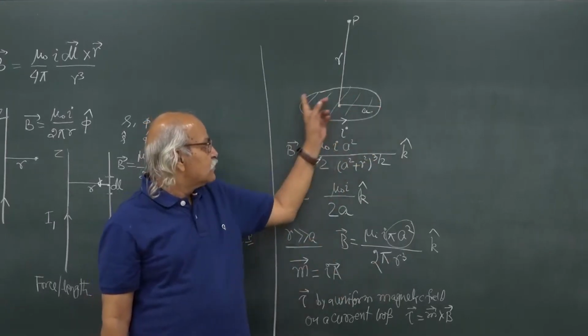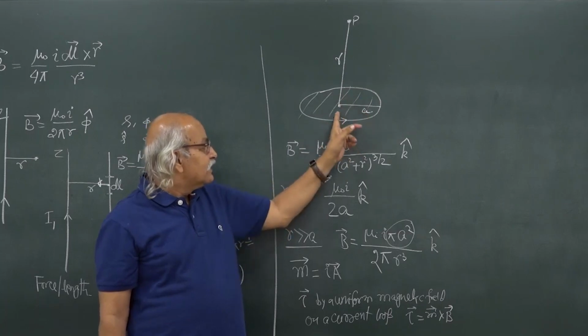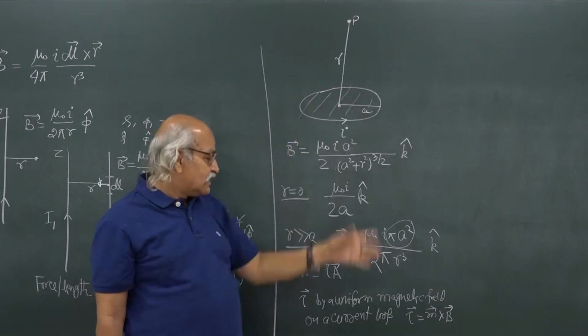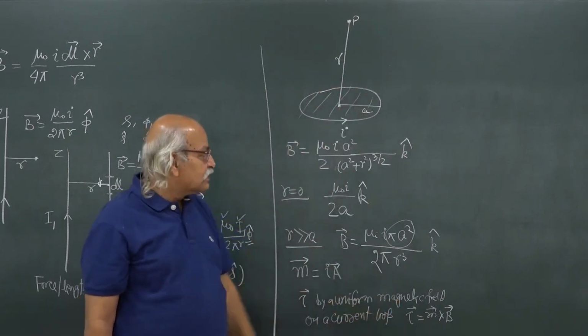So, if this is the current loop, we take I times that area in the direction perpendicular to the plane of the loop, and this m cross B is the torque, and this resembles